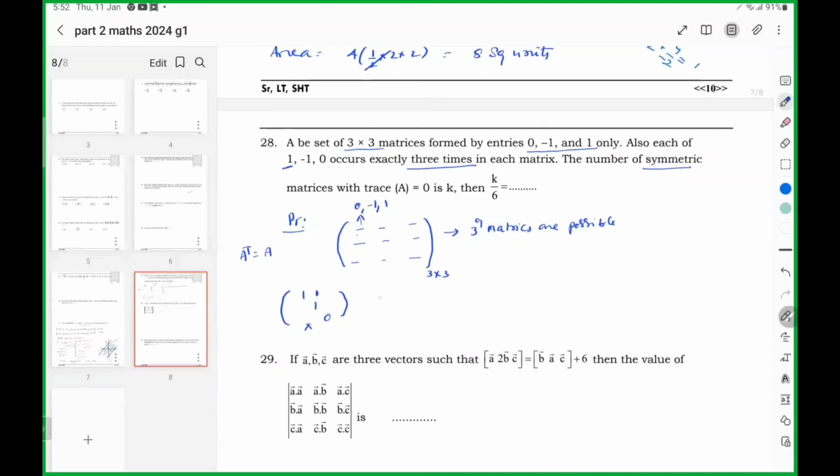So this kind of arrangement is not possible. Another way, even if I take 1 0 0, if I fill another place with 0 to have 3 zeros, one more 0 must be here. But that means 4 zeros, which is not possible. So then only possibility is